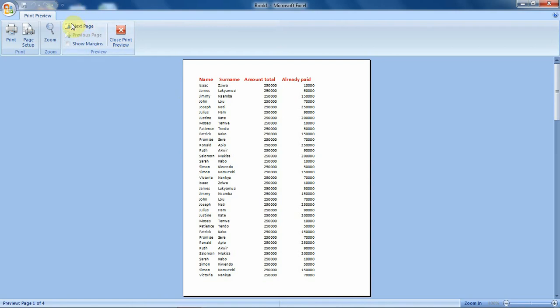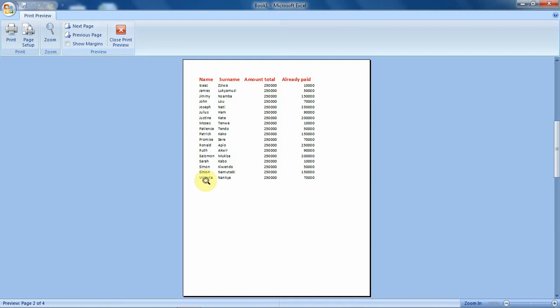We have this option which is active, indicating that we can move to the second page. Our first page is showing us that we have got the heading. How about if we click next page? When we click on next page, we can also see that this page has the heading, and the last person is down there.